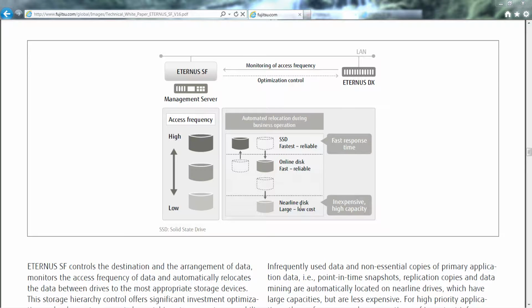And then you can have a low pool that consists of our nearline disk drives that give you very high capacity but lower speeds. And the automatic storage tiering feature will automatically move the data between these disk drives depending on the access frequency of the data. So the most used data will be migrated up